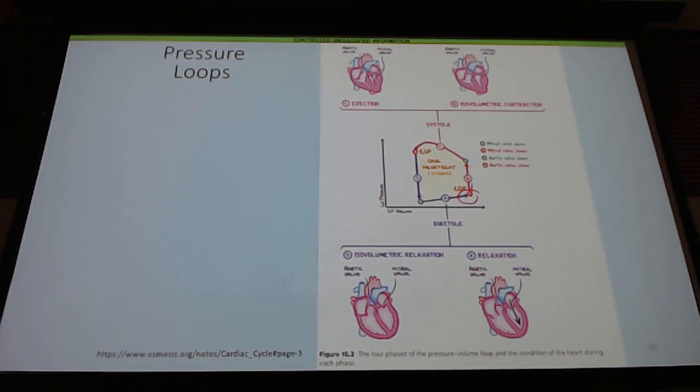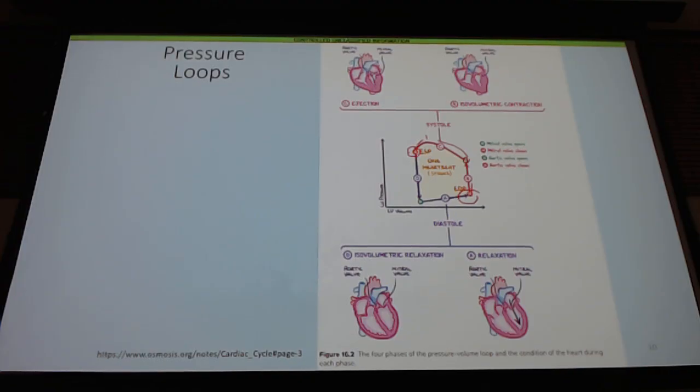That pressure starts to increase without any additional volume until it gets to the point where the aortic valve opens, and now you get that flow of blood out of the heart, and you start to lose that volume as the ventricle continues to squeeze and generate an increasing pressure, to the point where the volume is so low that even an additional squeeze of the ventricle is not going to increase the pressure, and you start to have a drop in your pressure to the point where the aortic valve closes,